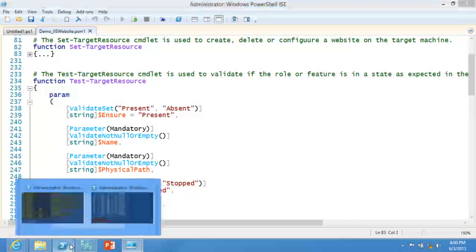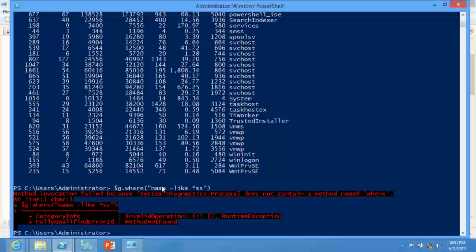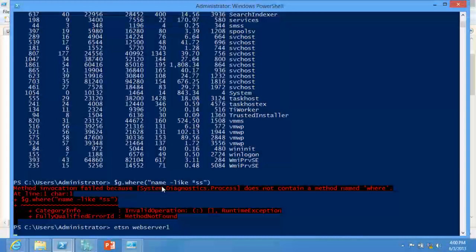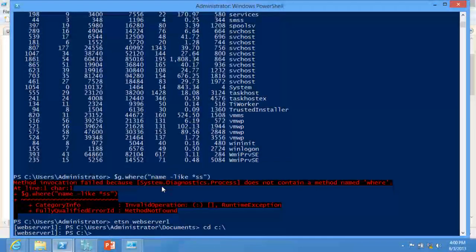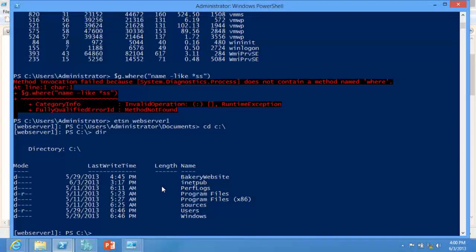Is when you actually get a chance, you can go to one of these other systems. Let's see if I can do this one here. TSN Web Server 1, right? All right, nothing there, that's fine. And we can actually do an Import-Module of that module.